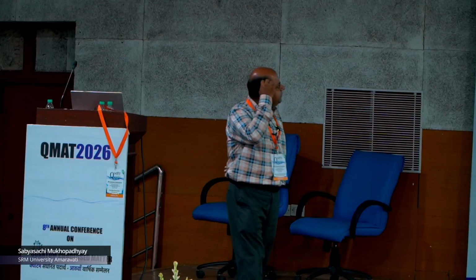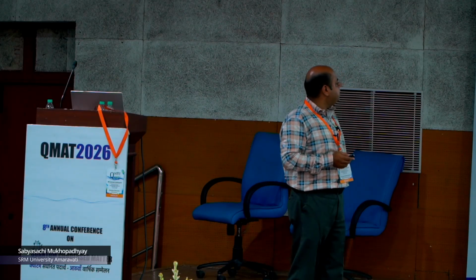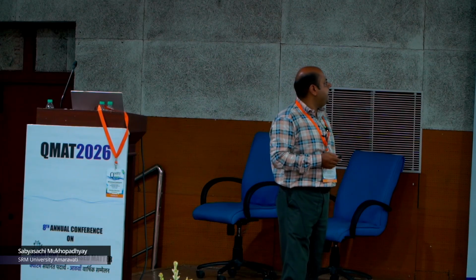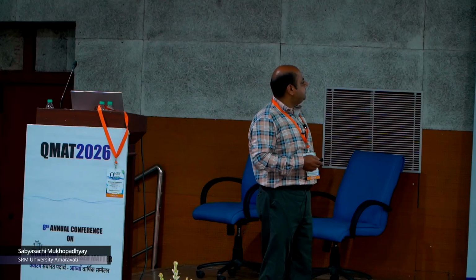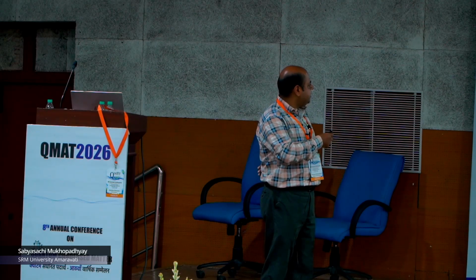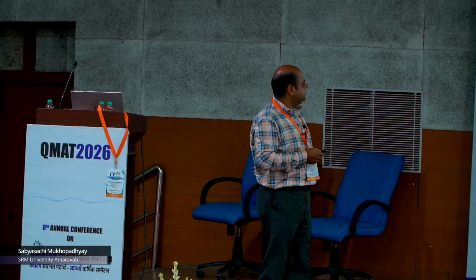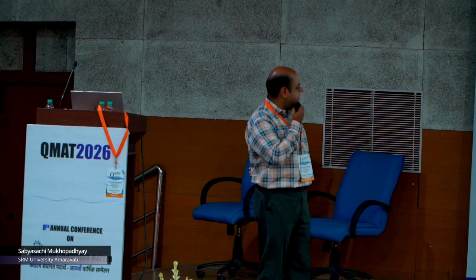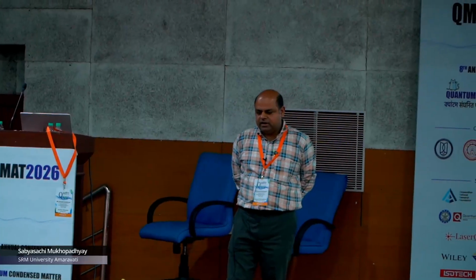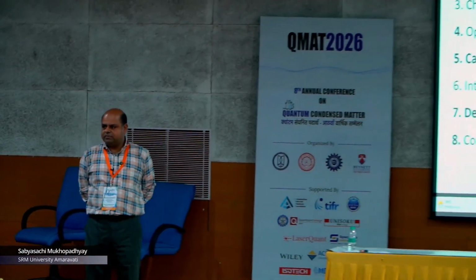So this is the brief outline of my talk: why organic-inorganic heterostructures matter, electronic structure, band alignment and other things, carrier transport, optical properties of the heterostructure, interface interaction, and then device level implication, and then conclusion. So when I start, I am basically in organic electronics by passion.